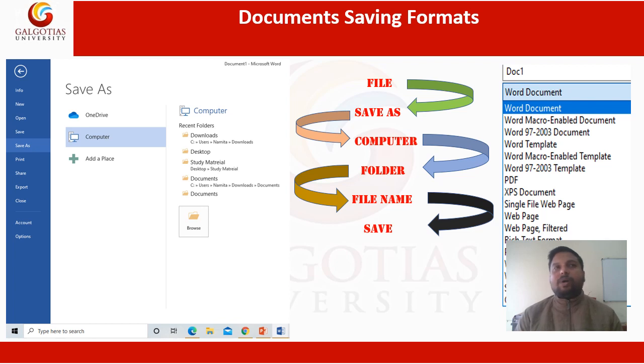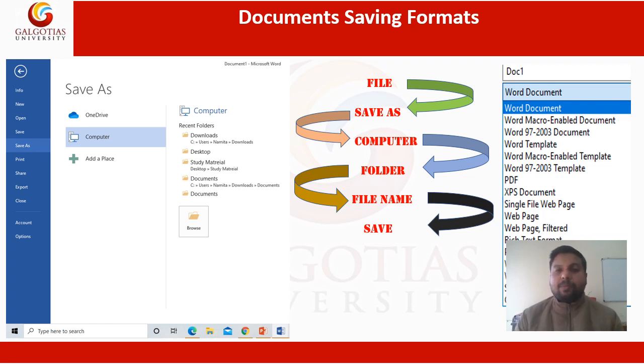But if someone is using an older Windows, and we save our file in docx format, it will not open in the 2003 version. So for those persons, we create the file in our existing Microsoft Word and save it as a Word 97-2003 document. That document will open in the system our friend has, the older version.